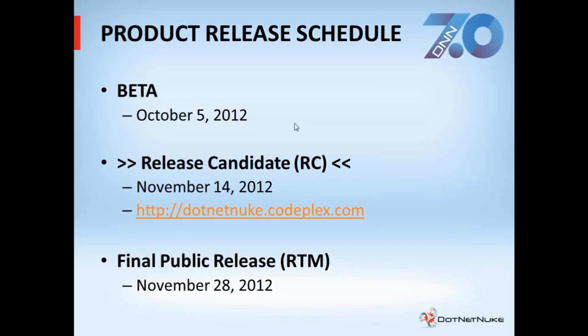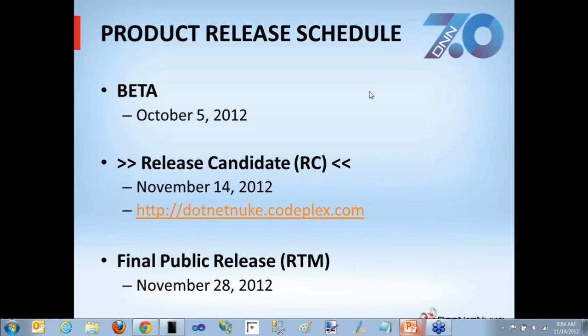slides, I can mention something that's fairly important before we move on, is that the release schedule for .NET 7 included a beta release on October the 5th, which we did get a lot of good feedback around. I'm very happy to announce that we're releasing a release candidate that will be available today. The release candidate should be available from Codeplex later today. And our final public release date, our RTM date for .NET 7, is set for November 28th, 2